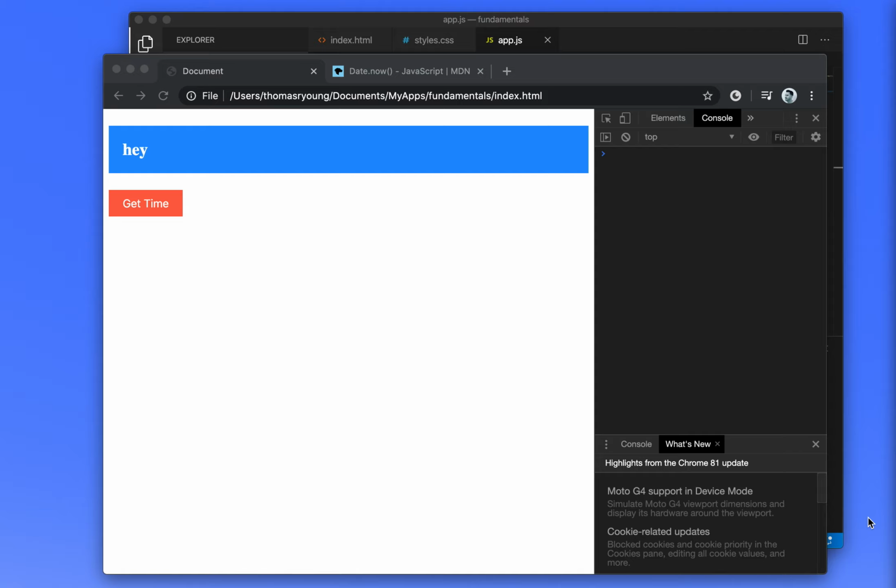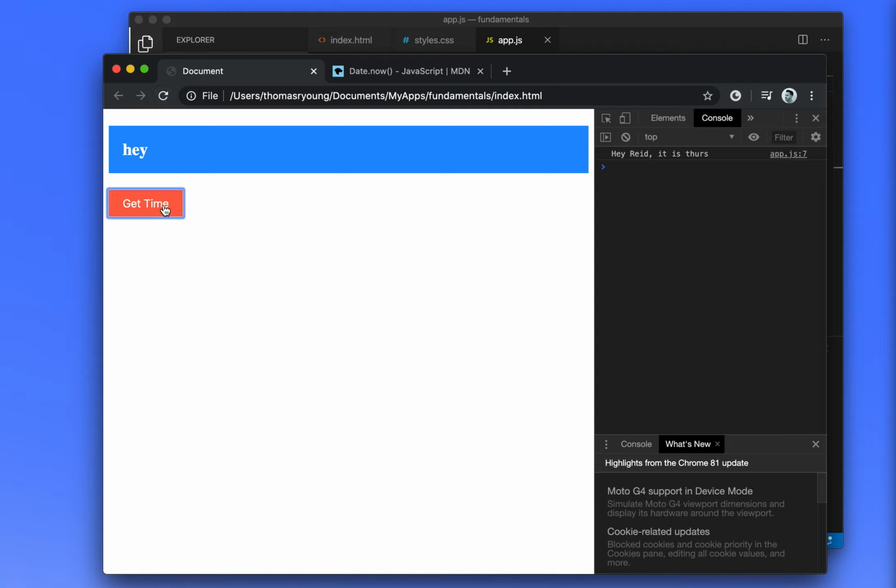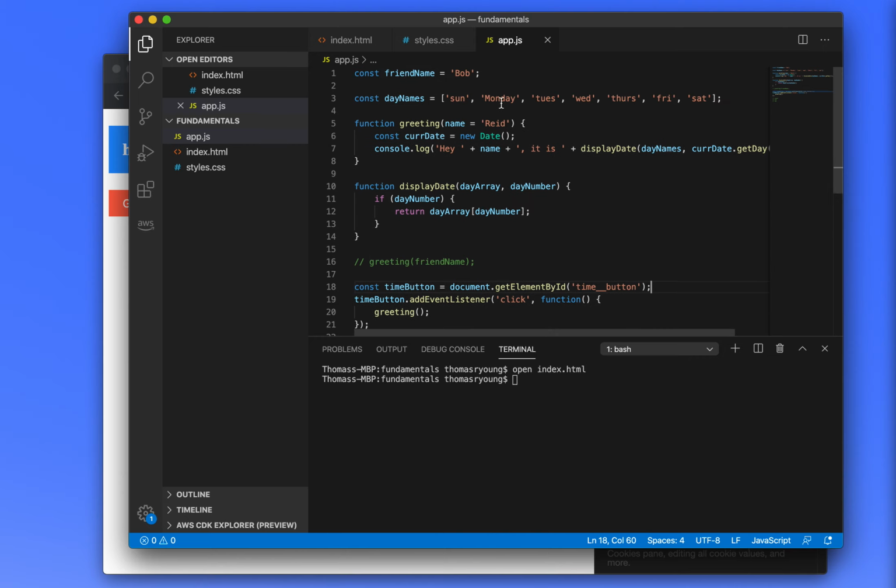So we are going to continue with our JavaScript fundamentals series, and in this video, let's get out of the console where we have these greeting messages appearing. So we're saying, hey, we're taking in a name, and then we're saying it is this date, and this date is coming from an array of days. We're using the date object that's part of JavaScript to get the number corresponding to the day, and then we're taking a day name out of this array, in this case for Thursday, and we're putting that into our